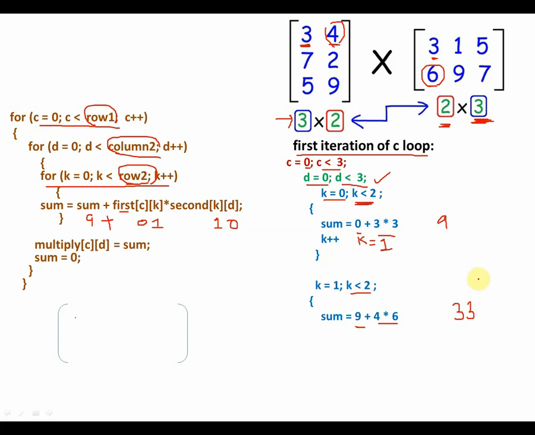Alright, so next thing, as per the code, what happens is k is incremented. Now k will be 2, so k will become 2. After that, you will come back to this line and you will again check is 2 less than 2. 2 is not less than 2, 2 is rather equal to 2. So you will not execute this line. This line will not be executed because the condition has failed.